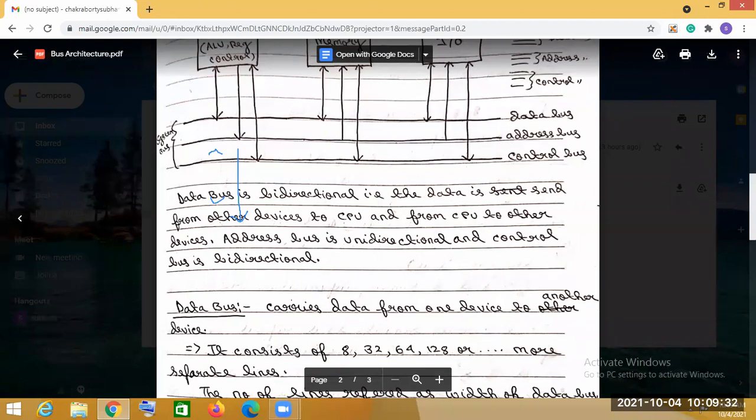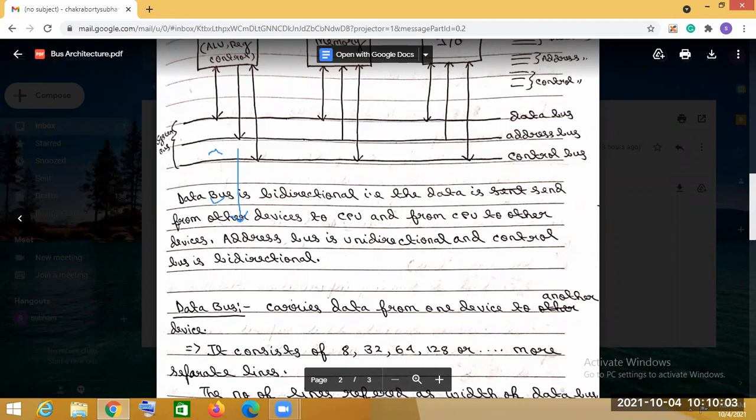Now I have said that the system bus is the collection of data bus and others. That means in the system bus, 50 to 100 separate lines may be present. Same as that, inside the data bus also, separate lines are present.